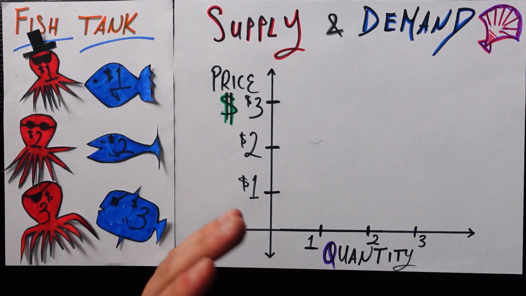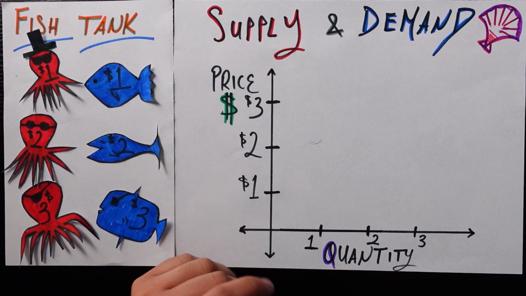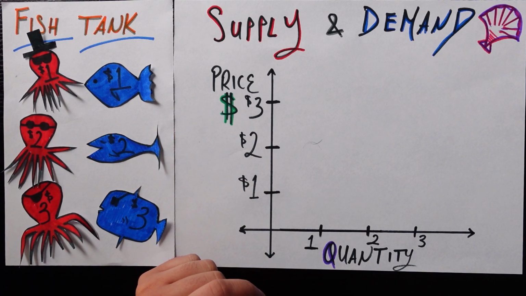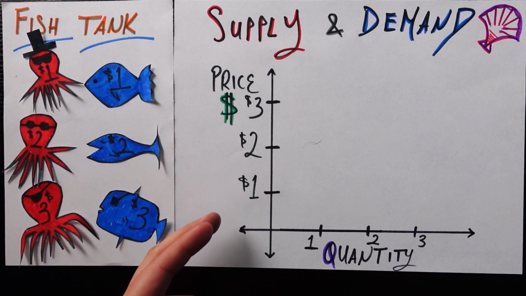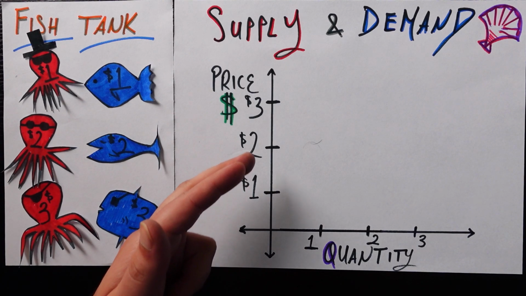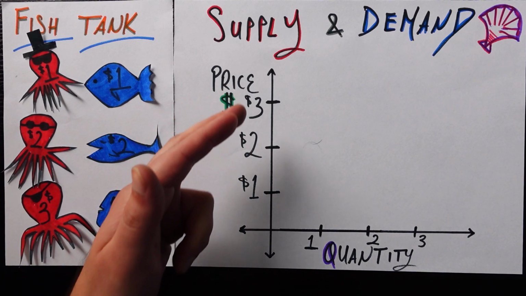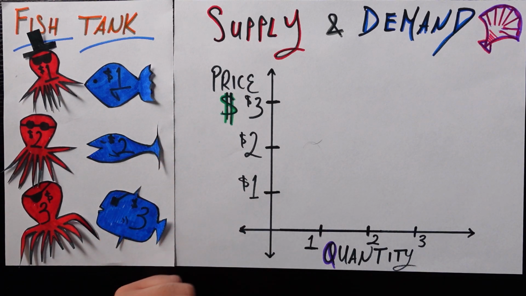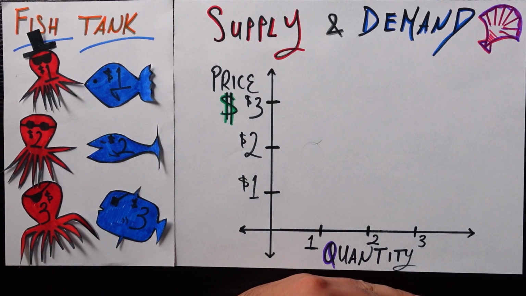So it's important to note what is going on the X and Y axes. On the Y axis, which is actually a more convenient place to start the story, interestingly enough, is the price of a shell in the economy. So it can be $1, it can be between $1 and $2, all the way going up to $3. So this is how much any individual would need to pay a producer in order to purchase a shell in the economy. The x-axis here is the quantity of shells that are either being produced or demanded based on a